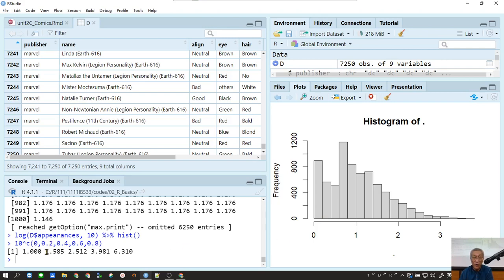So it actually compared to 1585, okay? And the third one is actually like 0.4, right? So it's like 2512, isn't it? But actually, appearance cannot have, it has to be an integer, right? Yeah. So this is 1, okay? And for the second one is actually like 2, isn't it? Right? And the third bar is actually